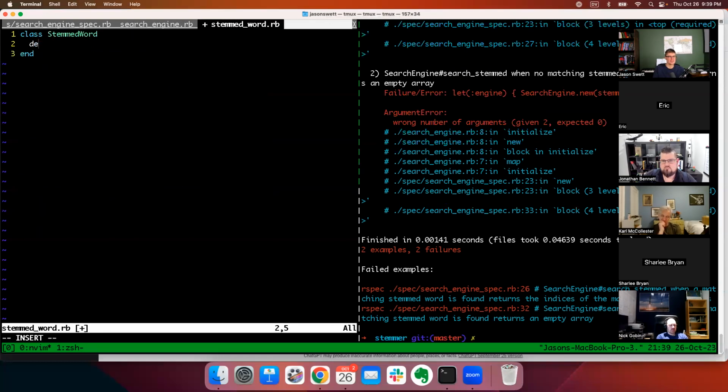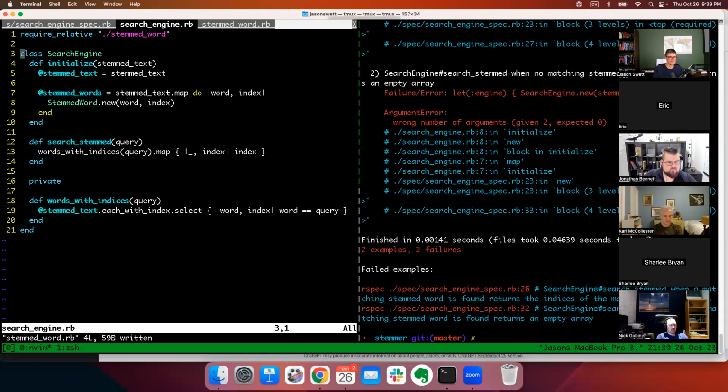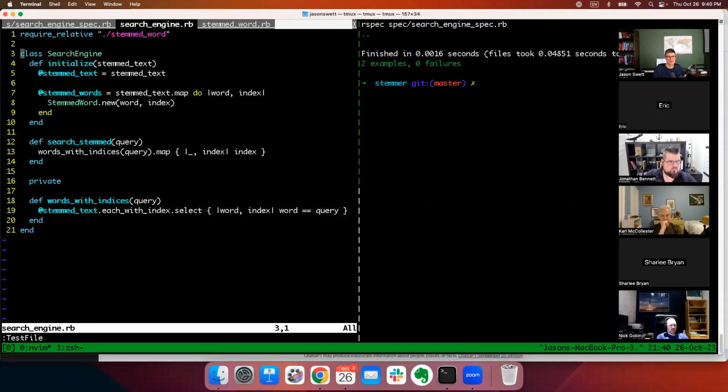That's because of the missing initializer. Value, index. Okay, it passes, but obviously we're not yet involving these stemmed words at all. So what we can maybe do instead is we can say something like,